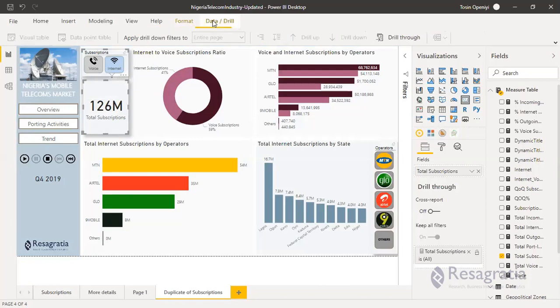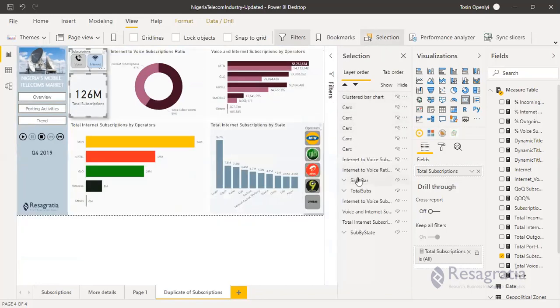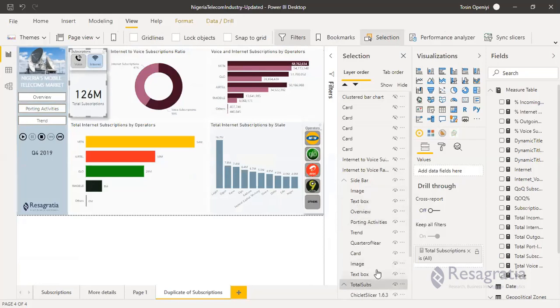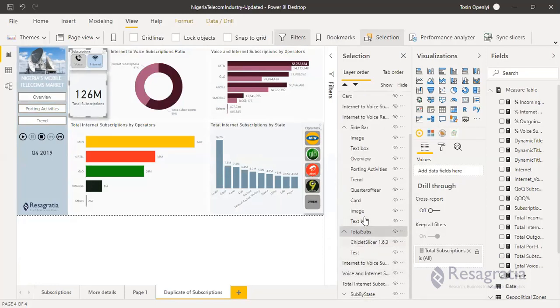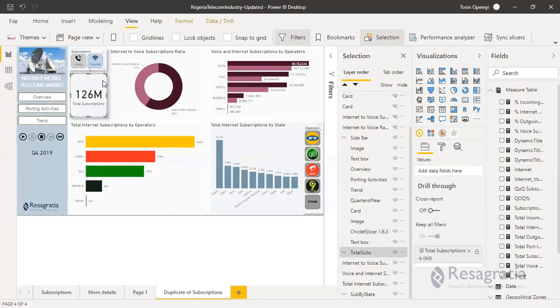So I'm just going to come to my view selection. I grouped them together before. Okay, let me leave this group and go to the sidebar. So the sidebar is here. All right, so it's no longer in the group. Then I can now move it.